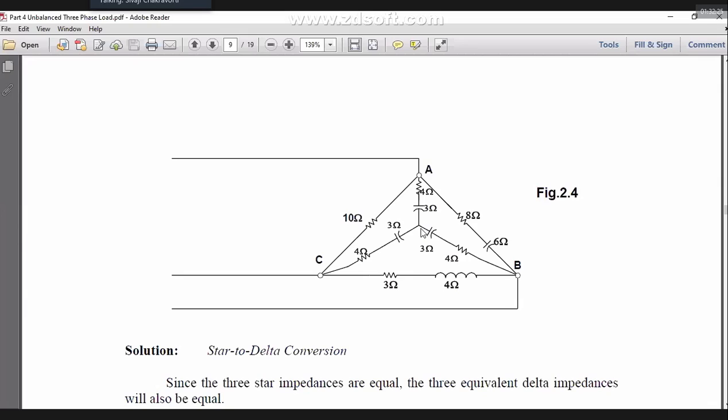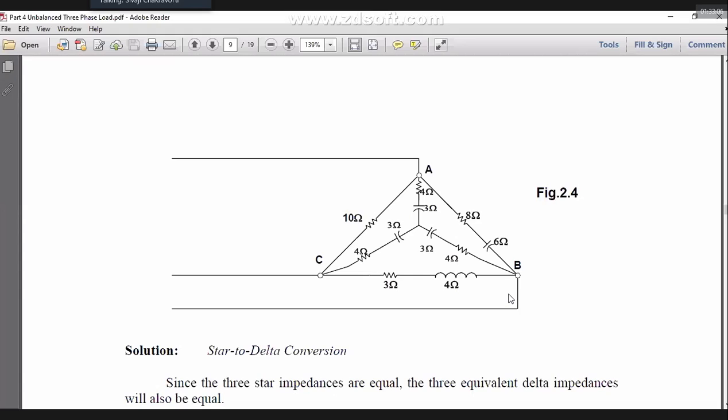So that's why our power companies always do so many things to keep the unbalance as low as possible. This is the reason I am showing you the problem. All these problems have been chosen to show you certain practical importance. Now I come to the combined delta and star load. I have given a problem in the balanced case. And that problem I have solved by converting the delta to star.